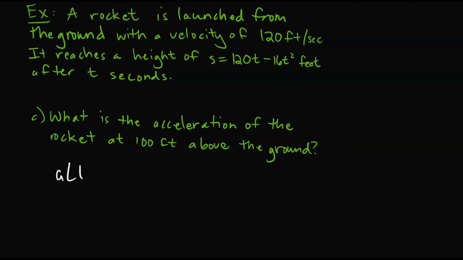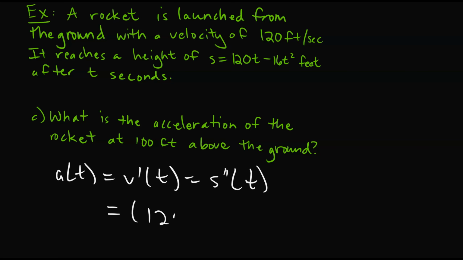Okay, well, we just learned that acceleration is the derivative of velocity, so the second derivative of position, and we found that velocity was 120 minus 32t, so we need to take the derivative of that. And that derivative is simply the derivative of a constant is 0, and the derivative of negative 32t is negative